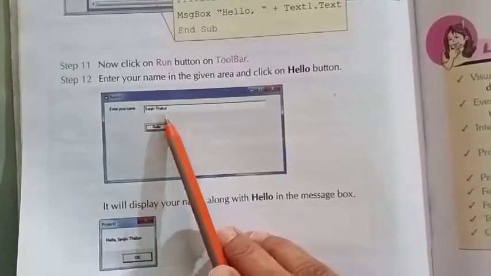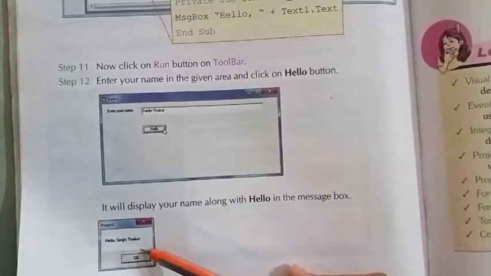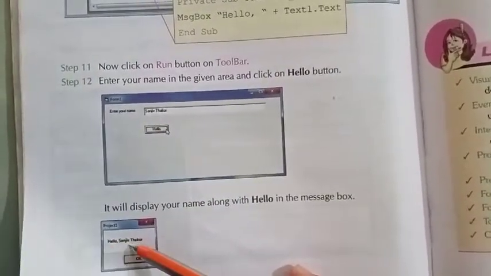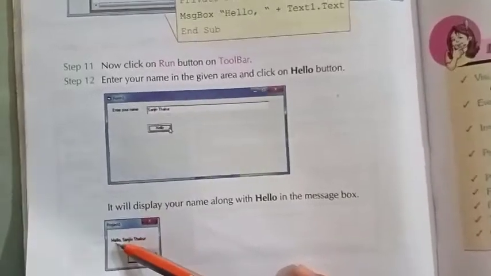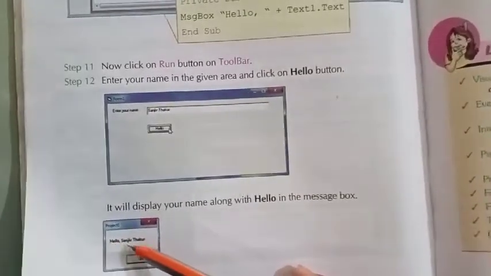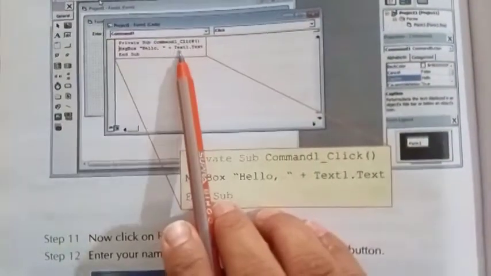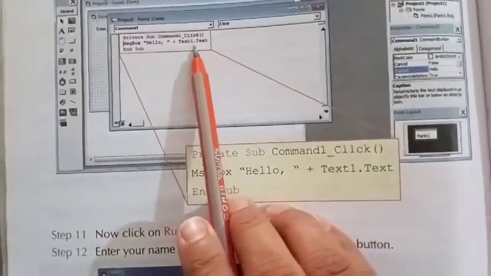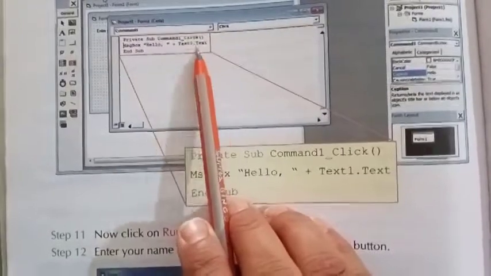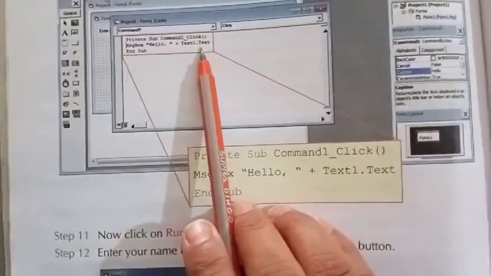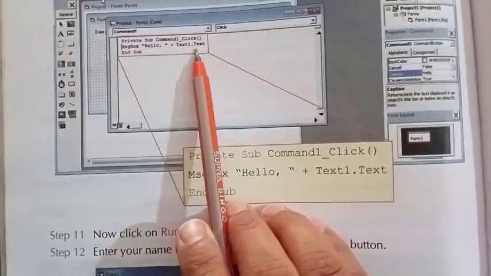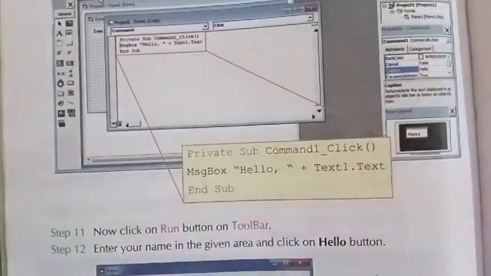As soon as this is run, you will get this message box, Hello Sanjeev Thakur. Hello is the text that we have already given, and Sanjeev Thakur came from the coding written as Text1.Text. So we received the message in the box, Hello Sanjeev Thakur.